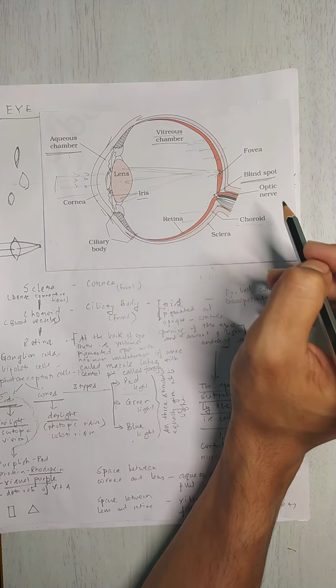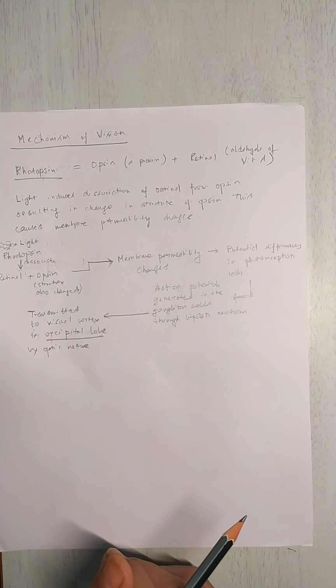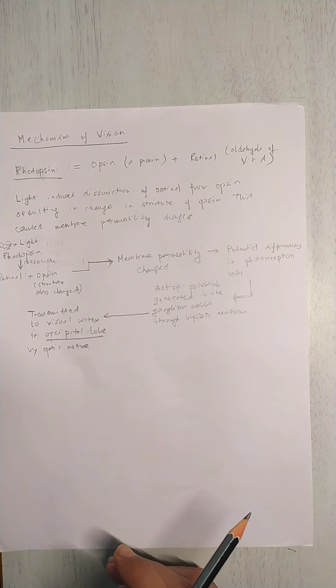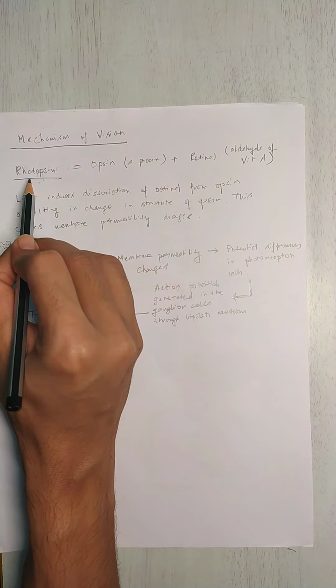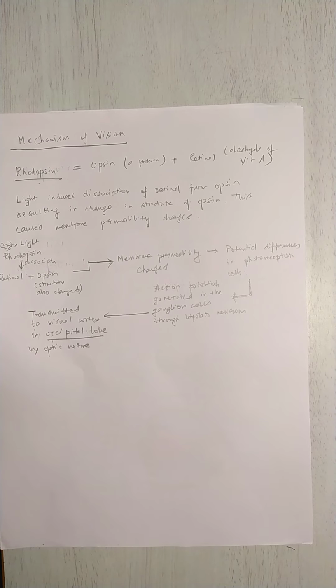Now let us get into a little more detail regarding how vision is created in the eye. Vision is created due to the splitting of the photopigment known as rhodopsin. In the rod cells, the pigment is known as rhodopsin. In the cone cells, the pigment is known as photopsin. The word photopsin is not mentioned in your book. The pigments are almost similar in both the rod cells and the cone cells, but they obviously have other differences because the cone cells help in production of colored vision, whereas the rod cells only produce a sense of